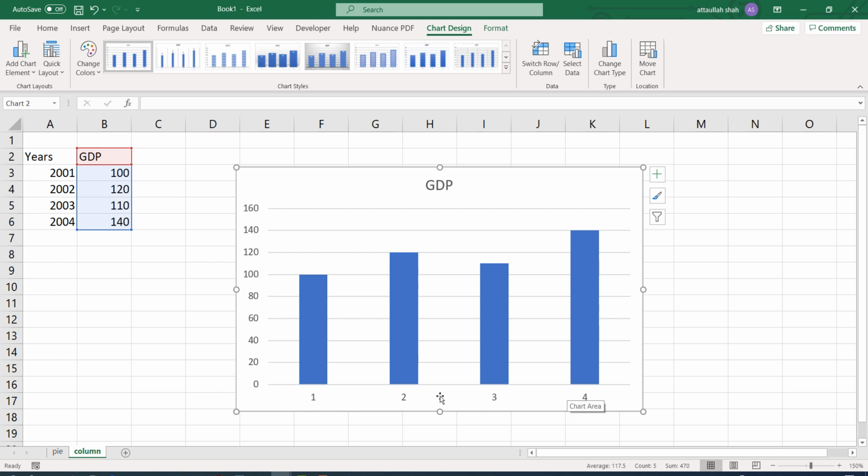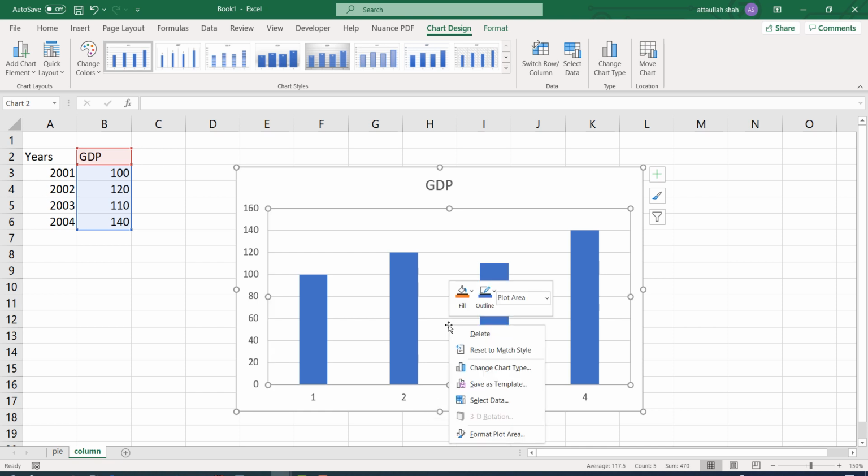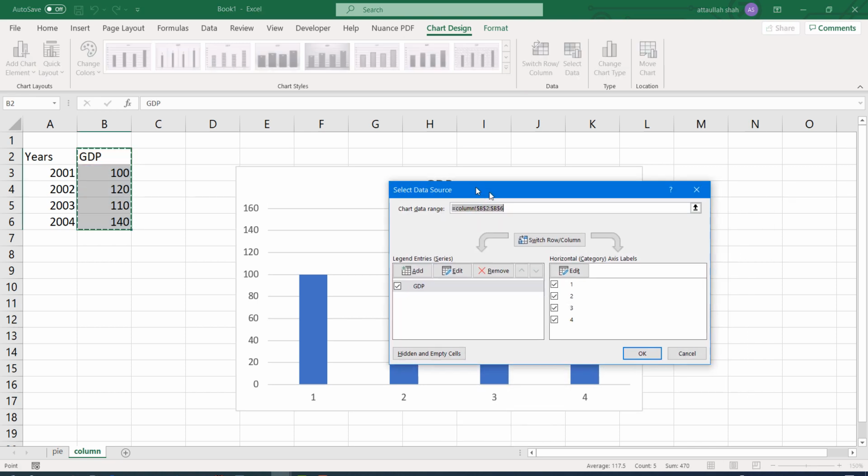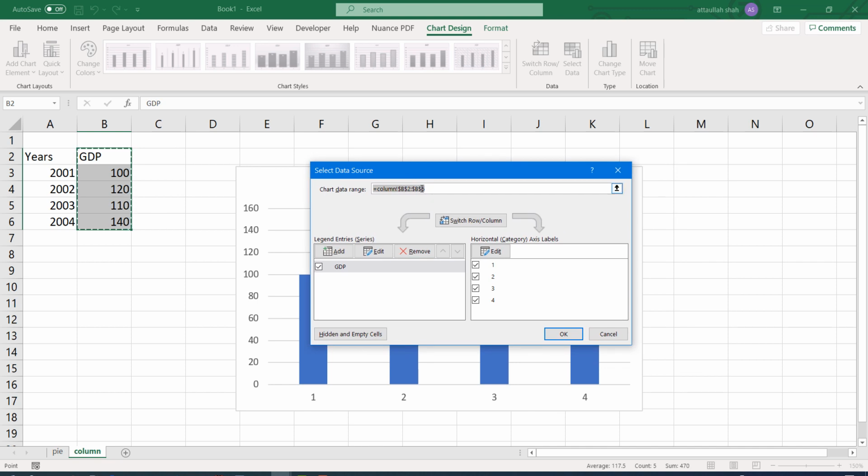So in the second step, we'll modify this graph. Right click inside the graph, and you should see an option, select data. So that option is here. In this dialog box, we see that there are 2 menus. On the right menu, we have horizontal category or axis labels. On the left menu, we have